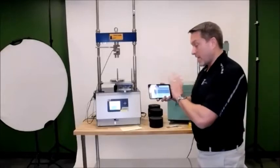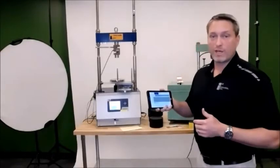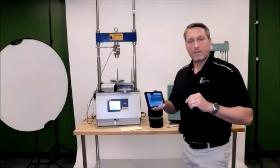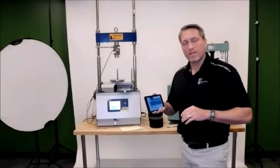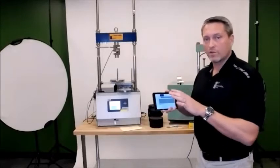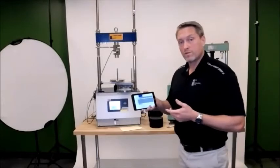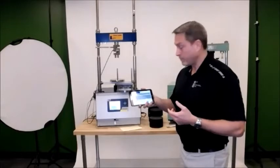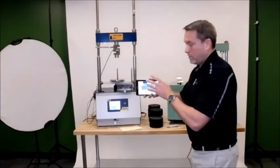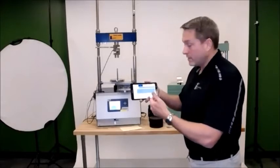Now, we've made the setup of the software very simple, so there's no additional parameters you need to put in. When Ideal first came out, there were some variables that would change a little bit with the specification. But as of now, the specification is pretty solid. So we've taken all those pieces out, and pretty much it's ready and set up to go once you get your equipment. So the home screen of the tablet software allows you to put a project ID, sample ID, technician,